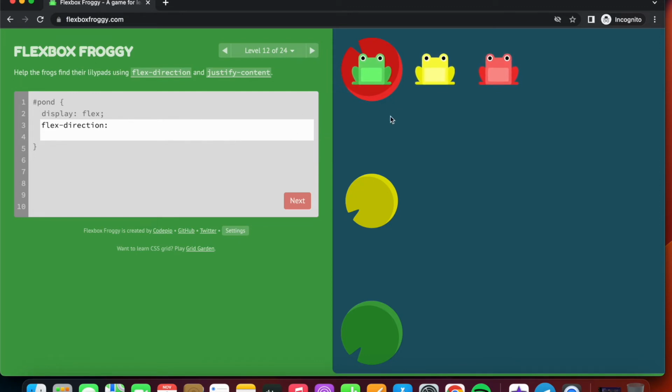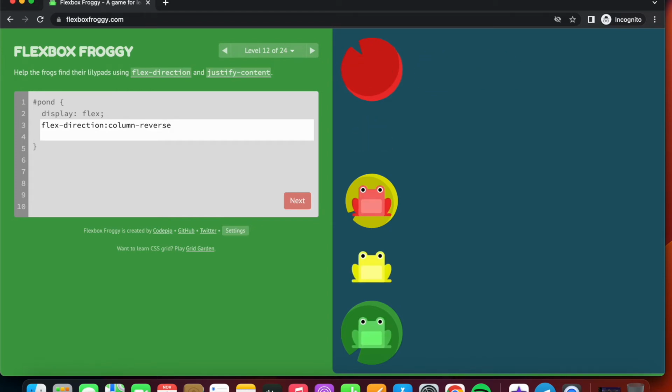Because we need to match it with the color as well as the position of the frog on the lily pad. So since the lily pads are in column fashion, we are going to make use of column and then we're going to say reverse. Okay, so now we have made it column reverse. Now the alignment is correct. That is, firstly we have red and then red, yellow, yellow, and then green, green. Green is already placed correctly. So now we are going to place